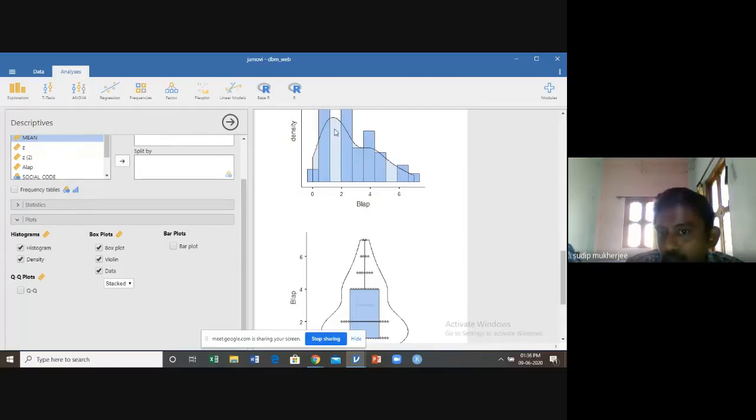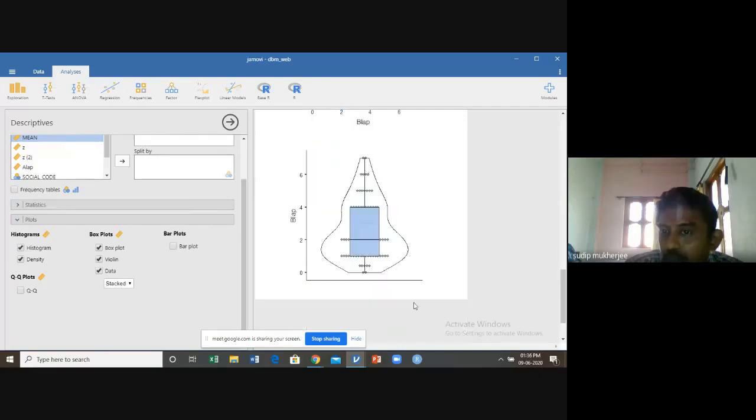Basically, if you see this curve, this is the modal value. From this curve, it can be concluded that there is a long positive tail, but the majority of the concentration is with respect to this particular value.